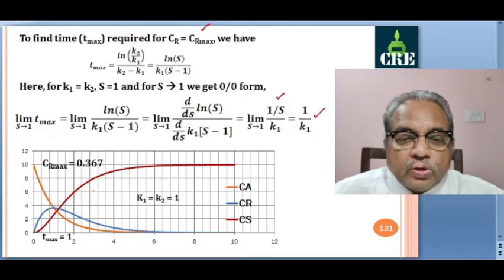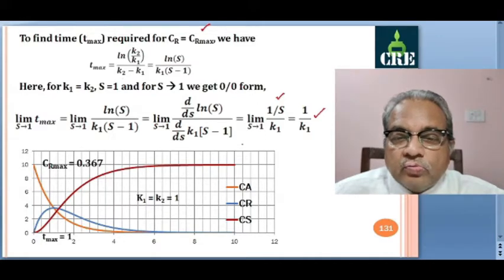If you take k1, k2 values, k1 is equal to k2, let us say k1 is equal to 1 and k2 also equal to 1. So as in Excel sheet, if you feed this formula, then you will get 0 by 0. So what we will do, we do a trick, that is k1 is equal to 1 and k2 we write as 0.9999. So this is almost equal to 1, and then this will not be 0 by 0 form, and you will get the values of CA, CR, CS.